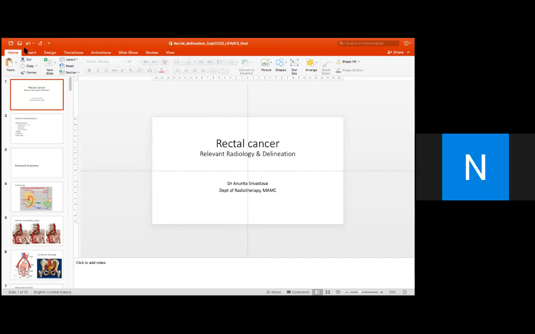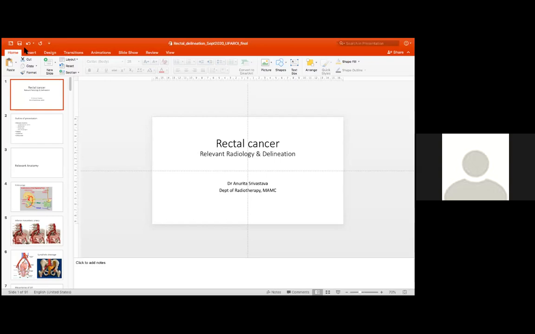Yes, ma'am. But ma'am, there are some specific indications also, that if it is in the upper part, then you can go for frontline surgery. Yeah. So that school of thought is basically for tumors lying above the peritoneal reflection. You tend to treat them like colon cancers. Below the peritoneal reflection, you need to treat them like rectal cancers.